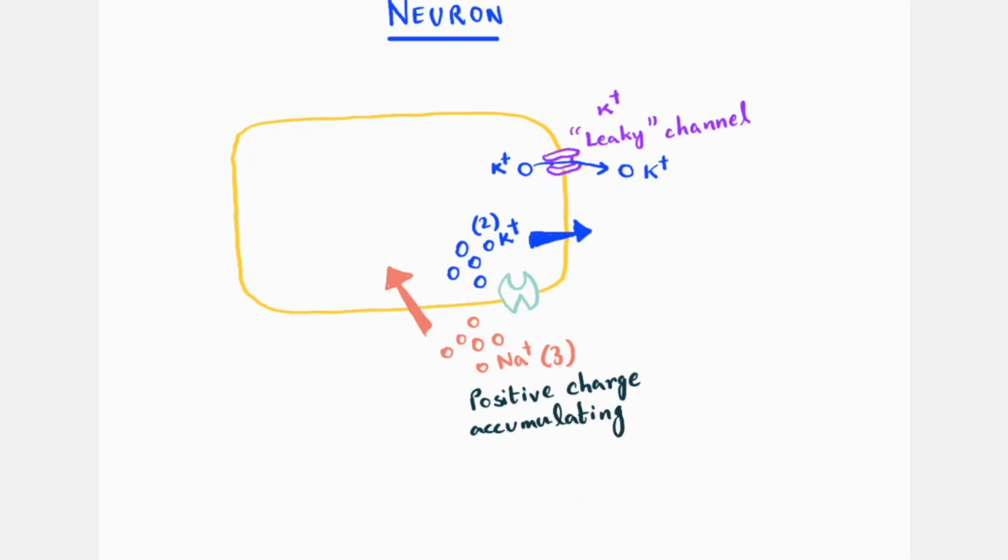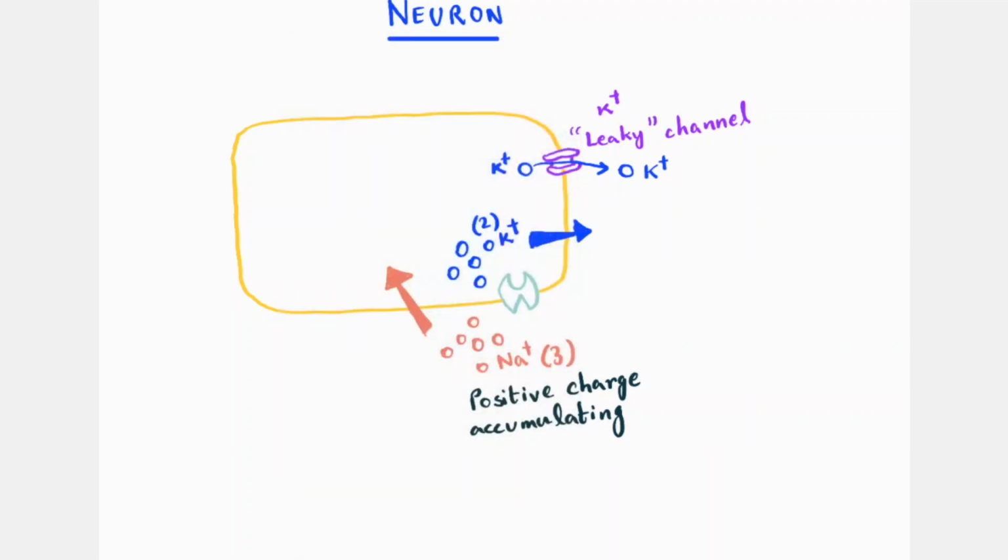And the inside is less positive. It's got K plus ions, which is also positive charge, but there's just two of them for every three Na plus outside, so it's less positive, right? So what do you think about the potential? The potential is more on the outside, less on the inside. So can we say that the inside is at a negative potential compared to the outside? Yeah, we can say that. That's just elementary physics. Plus, there are K plus ions going outside as well through the leaky channel, so K plus inside is decreasing. It's not 2 K plus for every 3 Na plus anymore. It's less than that.